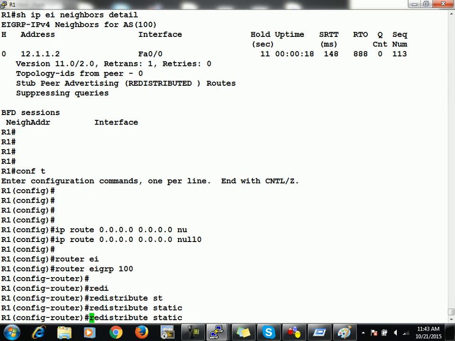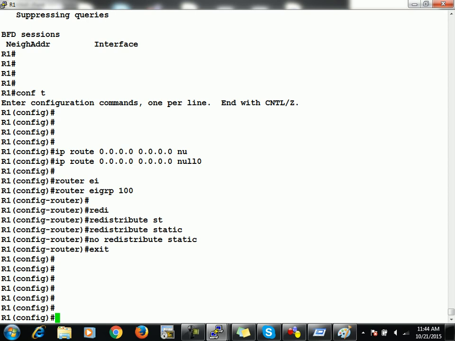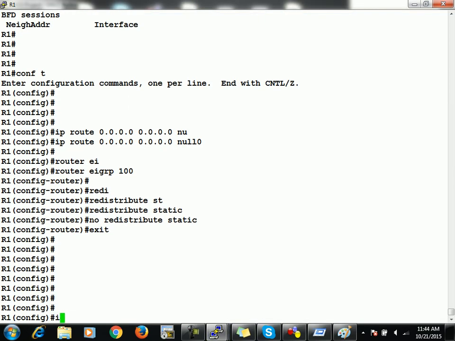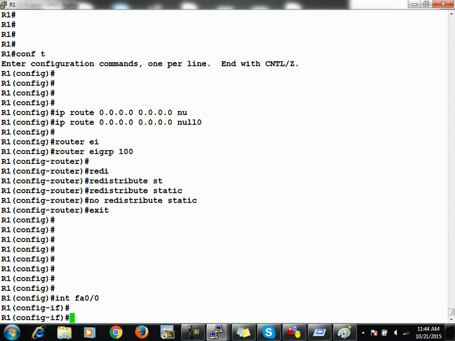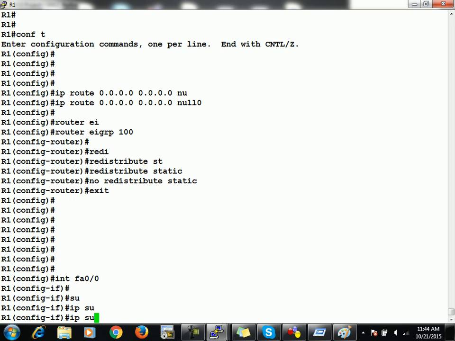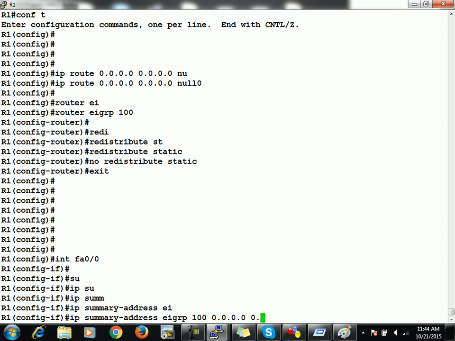Another method is by using summarization. We know very well that R1 has a static default route towards an ISP. This portion is the ISP, which is hidden. We want R1 to advertise a default route in the direction of R2. So what can we do on R1 on its F0/0, because it has a neighbor on this interface? We can say ip summary-address eigrp 100